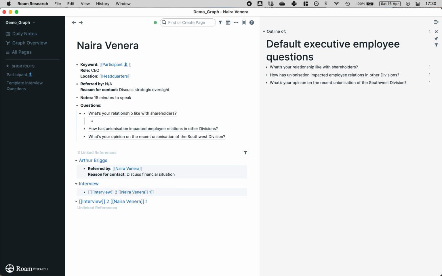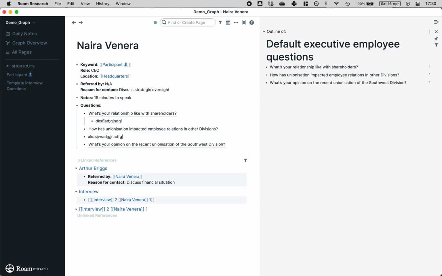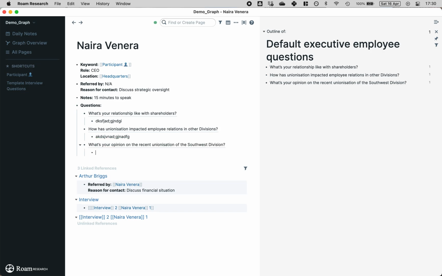If I answer these questions, so I'm having the interview with Naira and the answers are whatever they are, making sure that the answers are child blocks under the blocks, I have my answers in here. Now you'll notice that again, I've got these references. This is really helpful when you come to later on in your data analysis. Reason being, if I then have another conversation with Arthur Briggs,